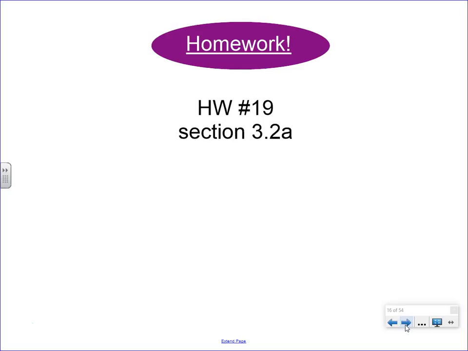Oh, wait. Why did I say section 3.2 start? Because I've split section 3.2 into 2 pieces. So wait a minute, homework number 19, is that all of section 3.2? No. It's just section 3.2 part A. So is it going to be the entire length of a normal homework? No. So what am I trying to keep you accountable on? Starting. So I gave you the first half of homework, and I said, hey, it's its own little homework assignment, and it's due Monday. You're welcome.